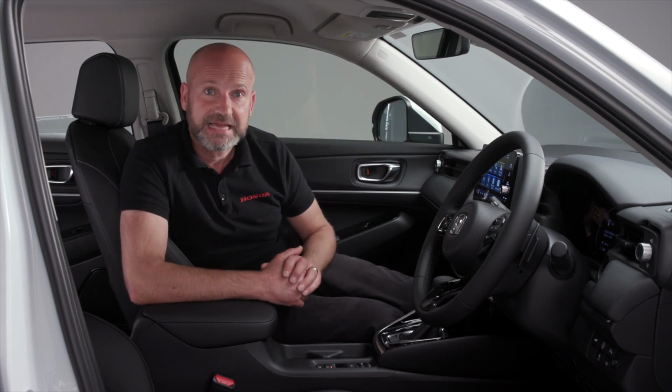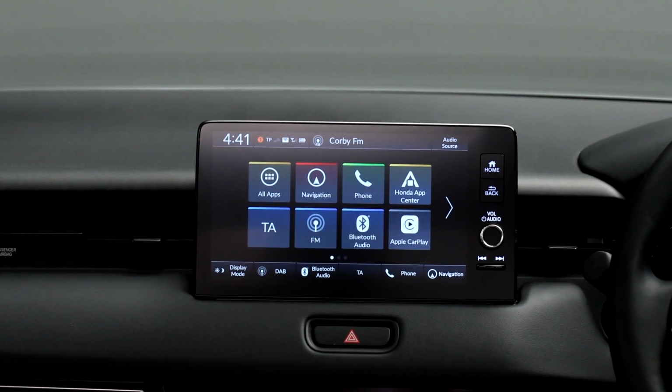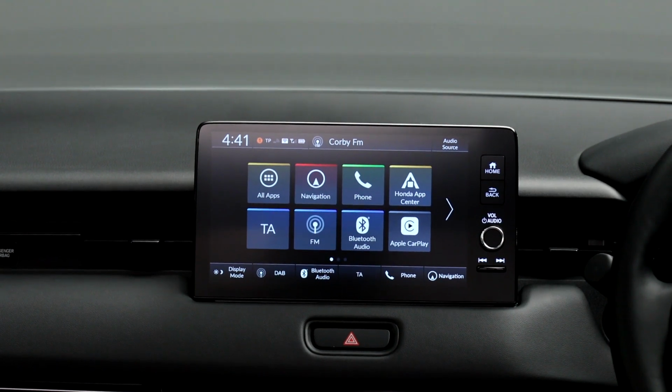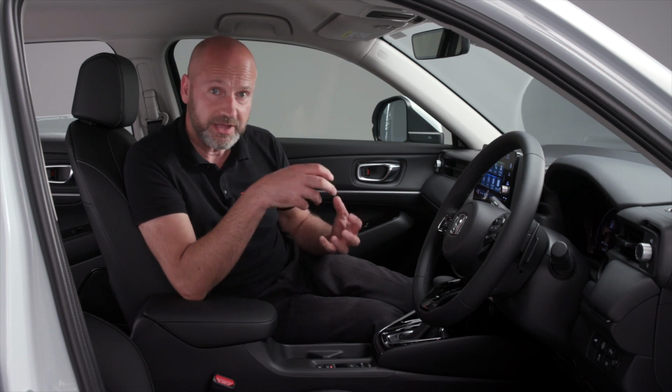Then as we move our way down, you'll find the infotainment screen. Now on here, there's a vast array of apps that are going to make your driving of this vehicle much more enjoyable and much easier to use as well. One of my favourite features on here is the fact that my iPhone is